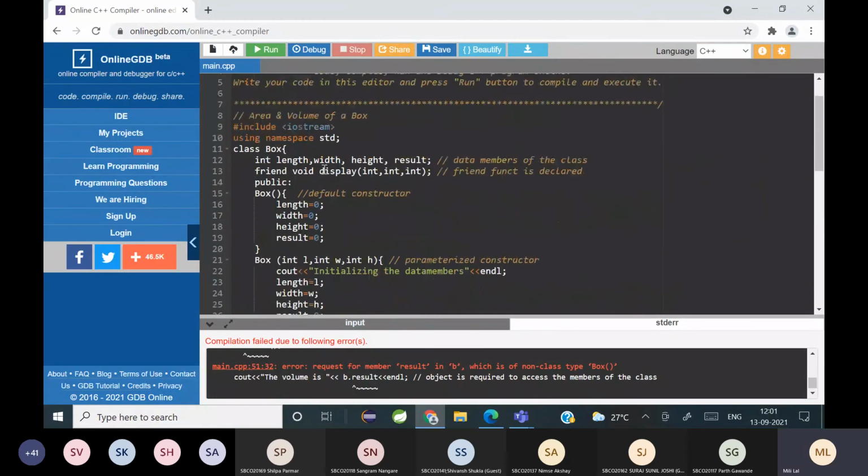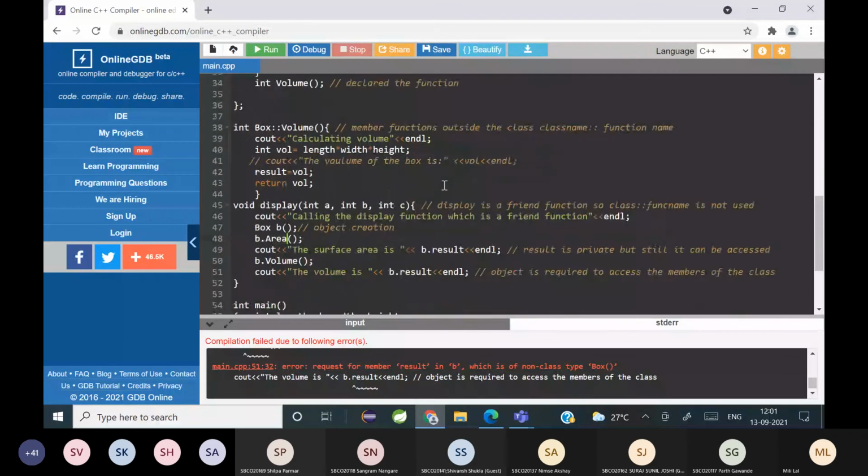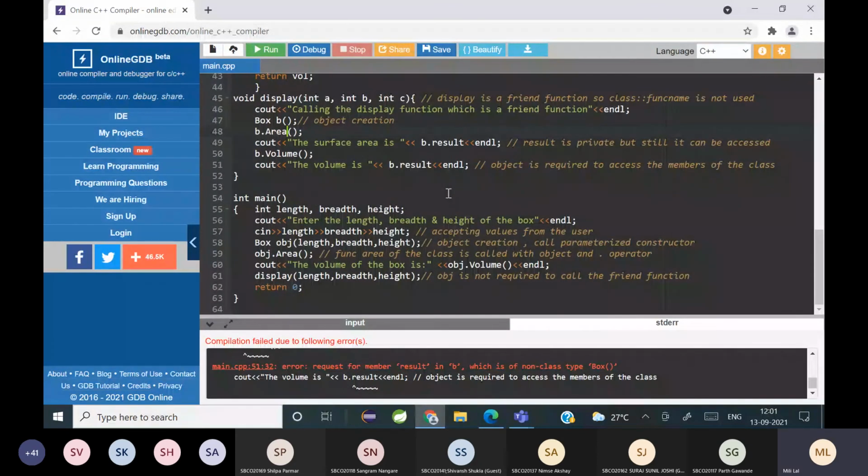I removed friend. I've written friend, right? What is the error being shown over here? Something happened. Wait.